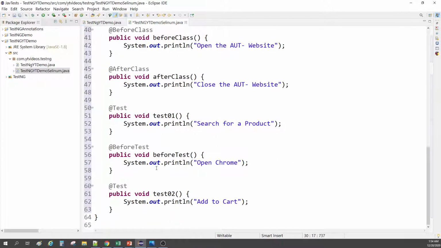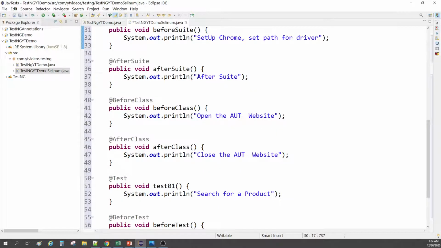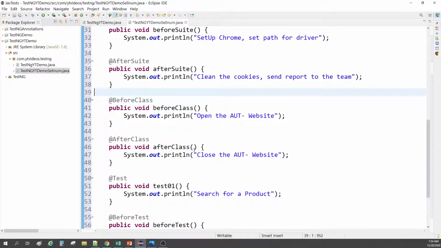So after closing the browser, what is the last thing that you will do? That will go here. Think of the last thing that you will do. We will clean the cookies, right? Clean the cookies because you don't want the cookies to be there. And maybe you can send a report to the team. You can perform all these actions at the end, and this will be the last thing executed, right? Control S. So let's just run this